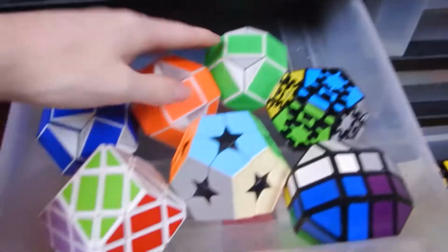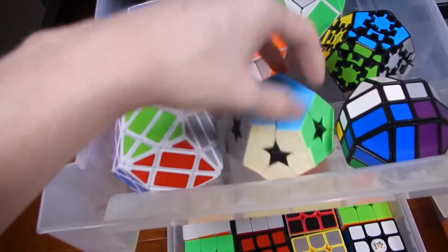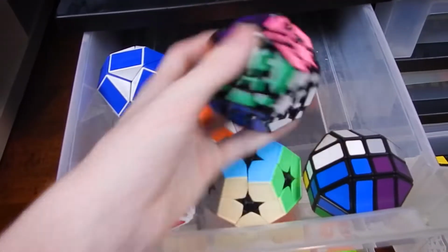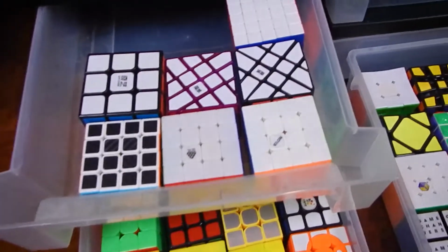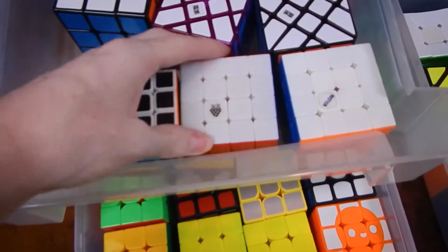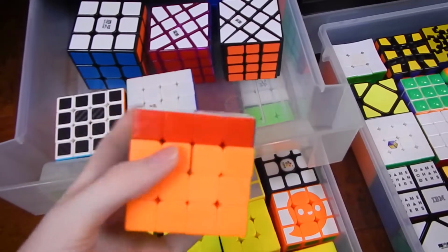That drawer has too much stuff in it. This drawer, we have three snakes. We have 4x4, whatever this is, cubing classroom Killaminx, or Kibiminx, gear dodecahedron, this thing. Down here we have a 4x4 that is carbon fiber, even 4x4. I need to sell this. This is like a magnetic